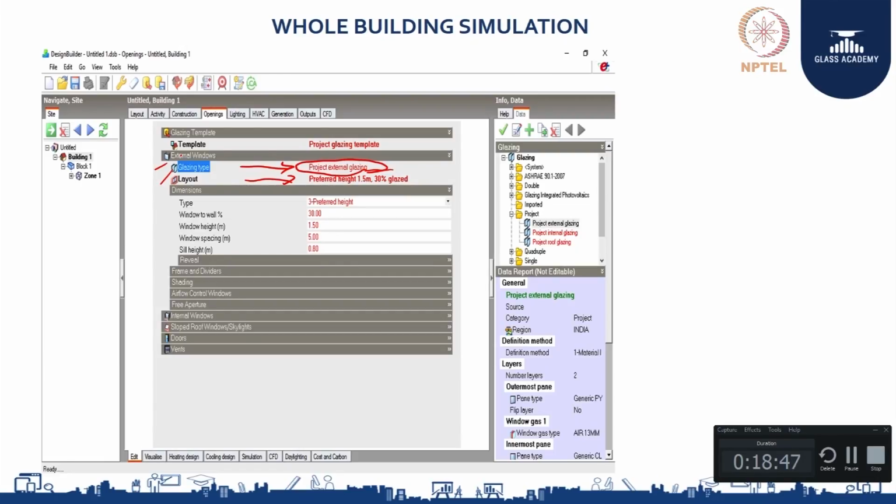Here what we will enter is the window to wall ratio. So how much area of the wall is going to be open with windows or facade, etc. That you need to key in here. If you have any particular sill height, that can be mentioned here. The window spacing, the window height, or the WWR, everything is keyed in here, so that it will auto generate your model. Once you key in the details here, when you go back to layout and see, it will give you the revised layout with this window to wall ratio.